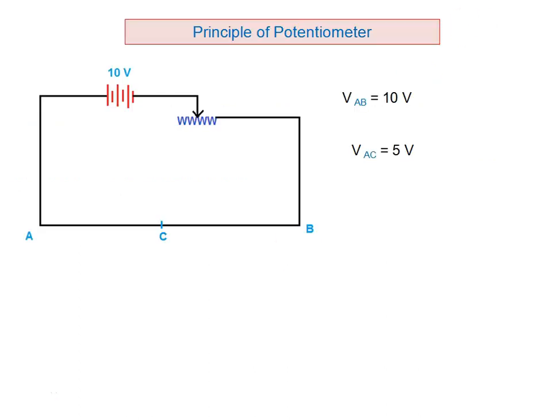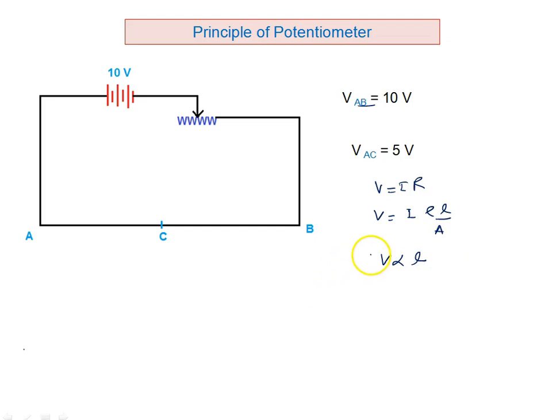Now I will discuss the principle of potentiometer, as I have shown here in the diagram. From Ohm's law, we say V equal to IR, and R is written as rho L by A. Rho is the specific resistance, L is the length, A is the area of cross section, I is current. Rho for the material of wire A to B is constant. If the cross section area is constant and I is constant, we will say V is proportional to L. This is the principle of potentiometer.